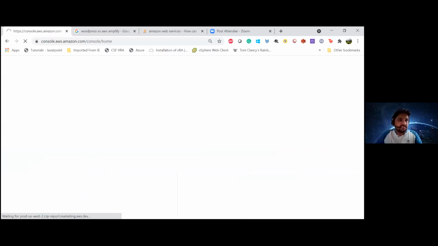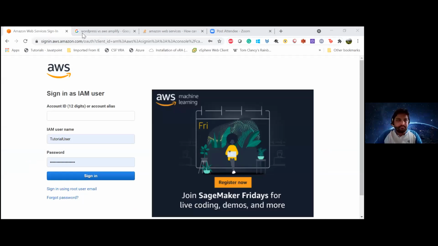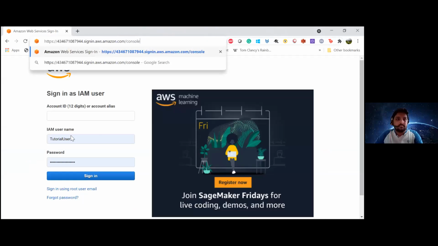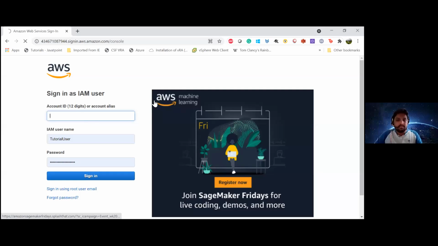So now I'm going to share a link with you where you will have to log in, on the chat. So this is the link. I'll also share my screen to show you how to log in. Let me know. Okay, so you're able to see my screen. I've put the link and the username and the password. So the first one is your link. Just open any browser that you have and enter your link. And it should open a page like this.